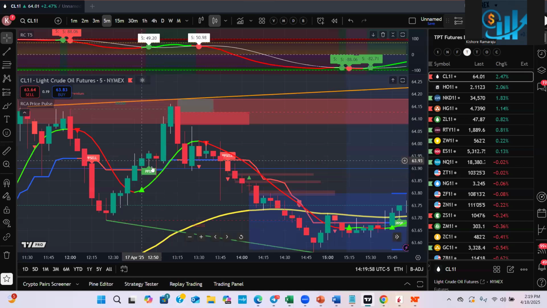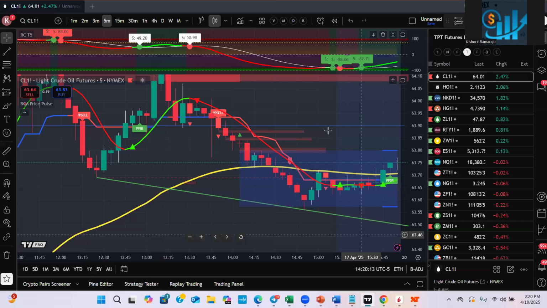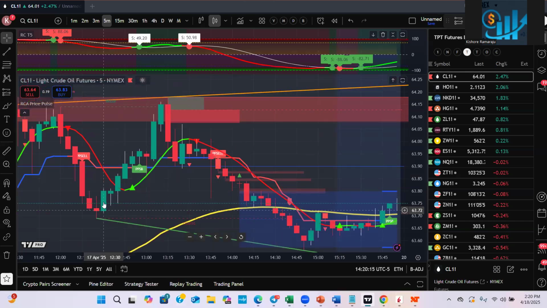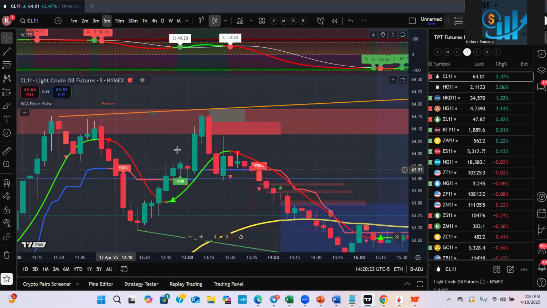This is not very optimal, but it is okay. It should be somewhere in between or somewhere close to the green. This is our trend line support, and this is our trend line resistance. If you see PPSB, that means strong buy. Price pulse is telling you it is a strong buy. If you see PP sell,